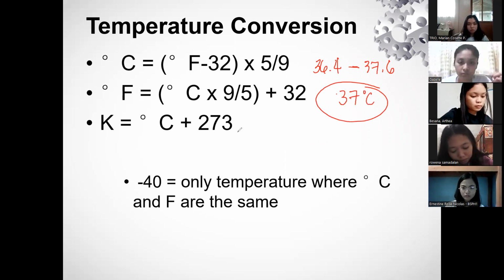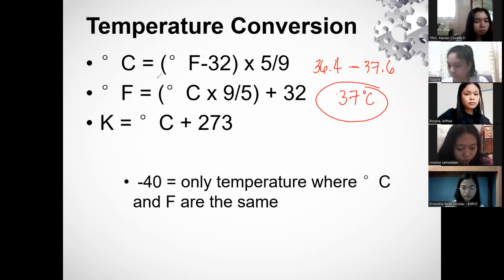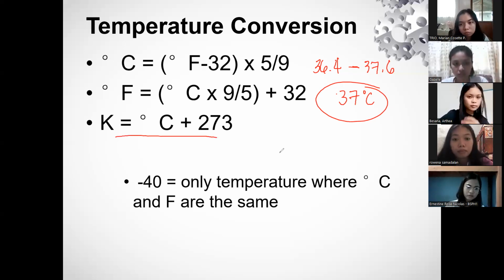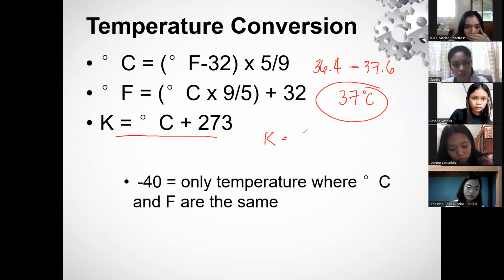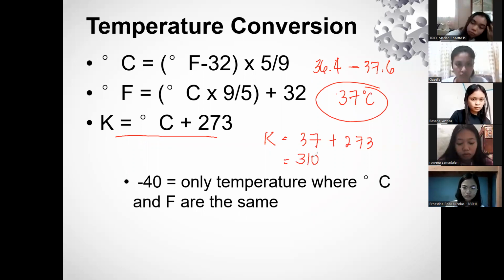Ito talaga yung tinitingnan natin and ina-accept natin na normal body temperature. Now, if you want to convert this into Kelvin, we'll just use this formula. Kelvin is equal to degrees Celsius plus 273. So degrees Celsius, that's 37 plus 273. So 273 plus 37, this is 310 Kelvin. So ganun lang yung